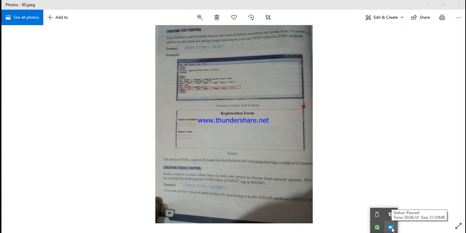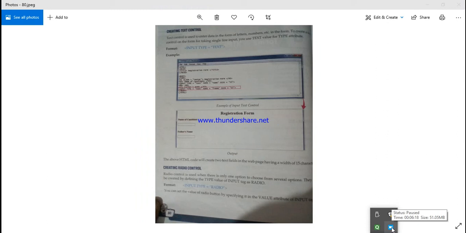Now name is another attribute of input text. So I give the name in double quotes. It is very important to assign it in double quotes. And size is 15. You can change the size, like 10 or 15. 15 means 15 characters.